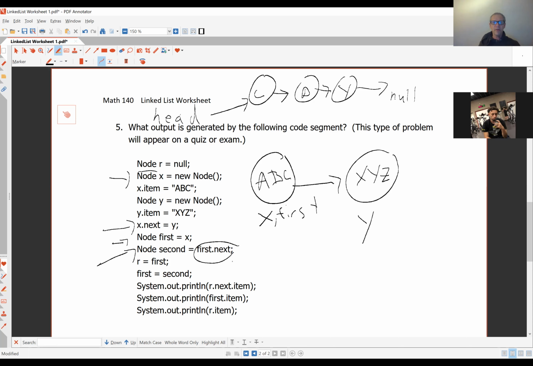And what's the one after first? Well, this is what's vaguely interesting about this. Look in this code, you never explicitly assign a value to first dot next. But we did say Y is X dot next. We did say the one after X is Y. And first and X reference the exact same node. So first dot next is also Y. And so what we're saying right here is,